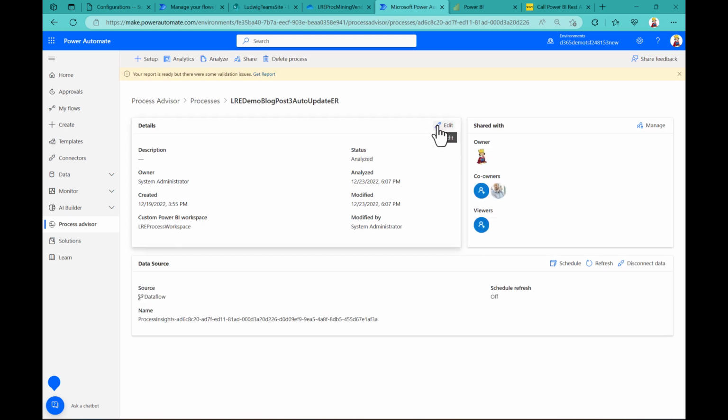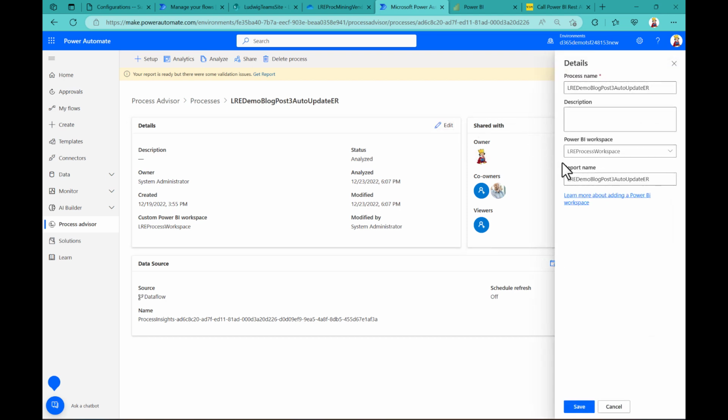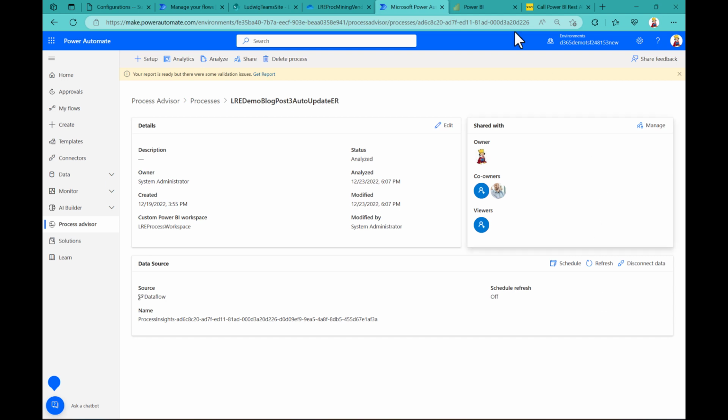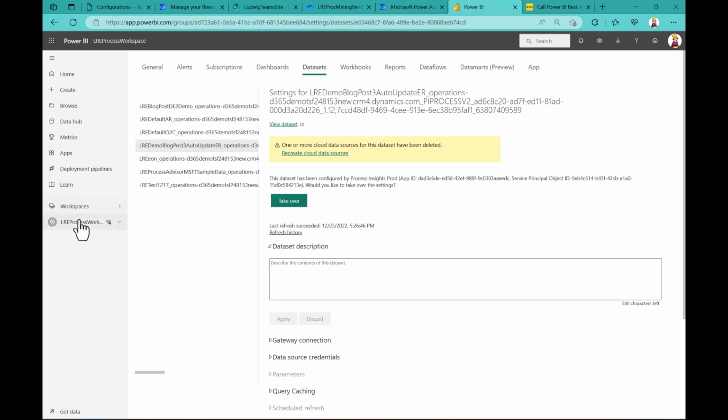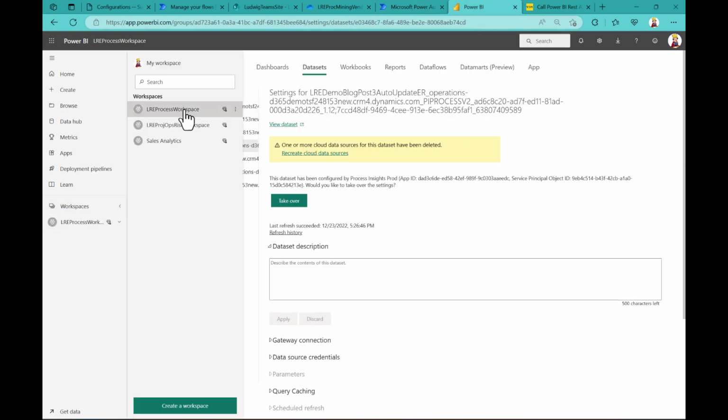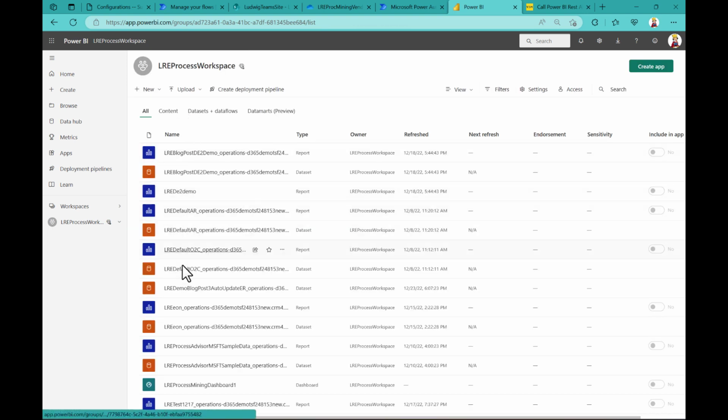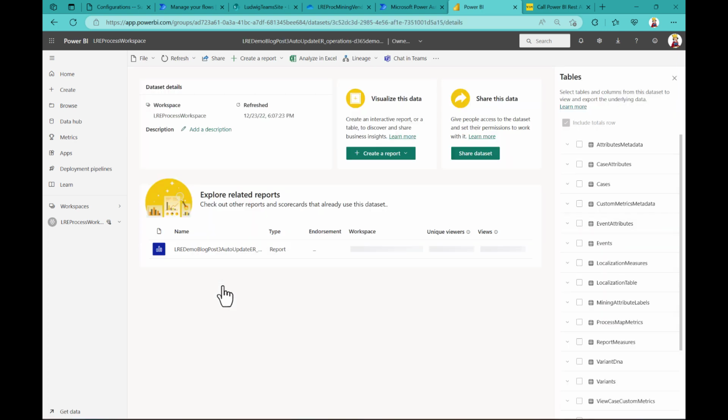And this is a one-time setup, so you do not have to do it all the time. That's what I already did before. So I said, okay, this report is linked here to this workspace, and that's the report name. So if we go to Power BI, then I have here my workspaces, this one here. I can see there is, where is it? Here, LAE blog post number 3. I can see the data set, and somewhere there's also a report for that. So if I click on that,